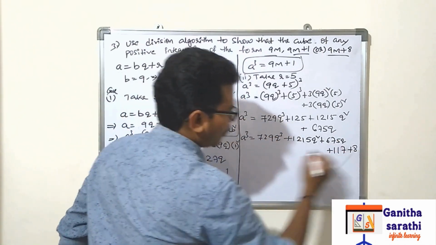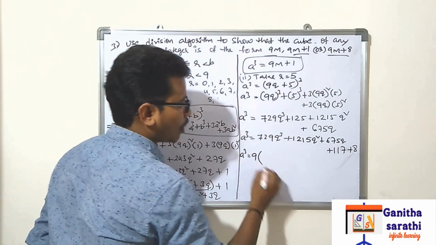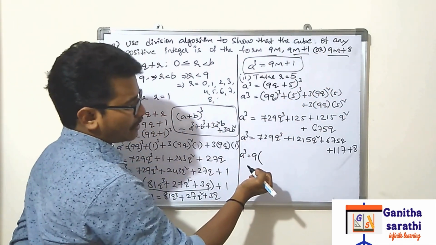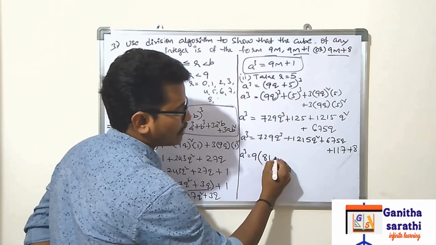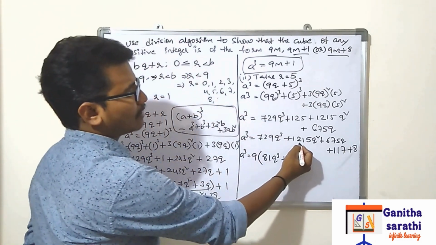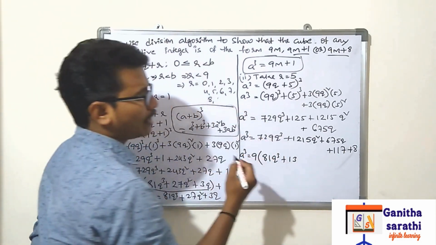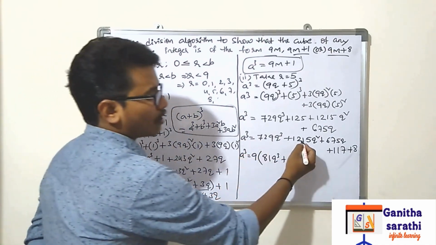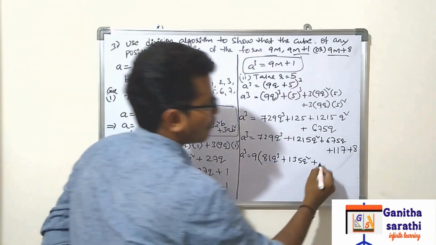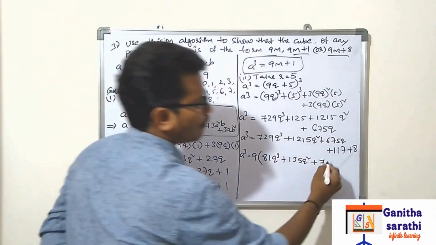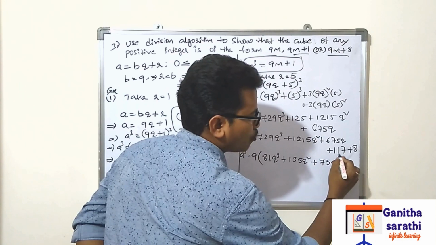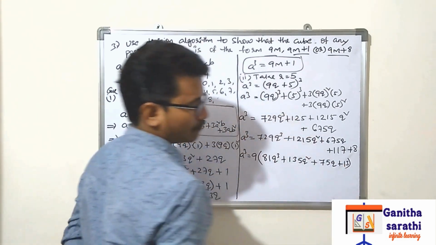Take the common part up to here. Means a cube is equal to, take 9 as the common part because we should show it in the form of 9m plus 8. If you take 9 as a common part, 9 8s are 72, 9 1s are 9 q cube. Next here 9 1s are 9. What is the balance here? 3, 31 means 9 3s are 27. 27 means what is the balance? 4, 45. 9 5s are 45. Plus here 67. 9 7s are 63. What is the balance? 45. 9 5s are 45. Plus here 9 1s are 9. What is the balance? 27. 9 3s are 27.